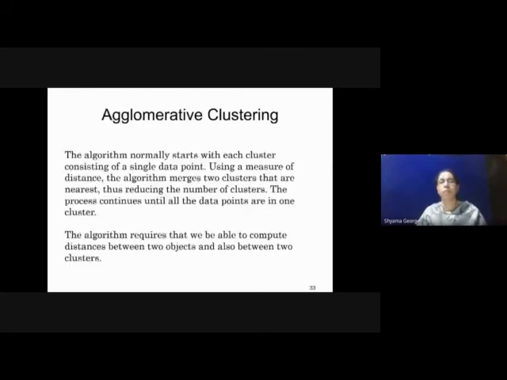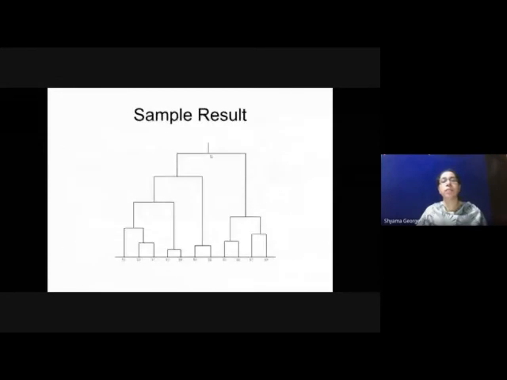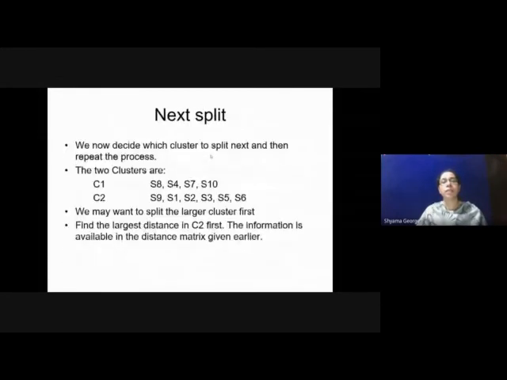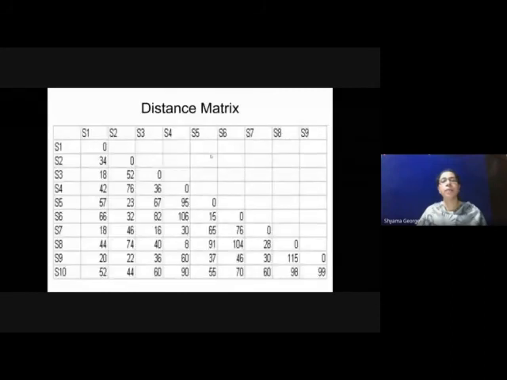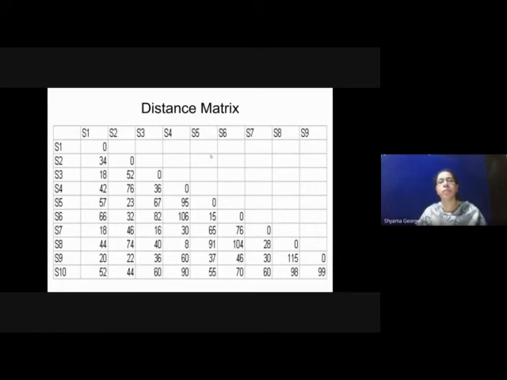So this is all about divisive clustering. That means in divisive clustering, we are starting with the whole data as a cluster and then we divide the cluster into two. For dividing the cluster into two, we are looking at the objects having the largest distance, maximum distance between them. They are taken as representatives and we will find out whether the remaining objects should go with one representative or the other, and based on that we will get two clusters.